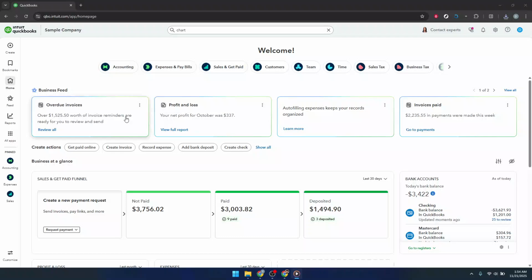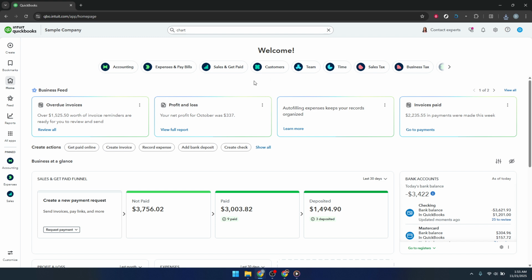In today's video, I'm going to teach you how to add credit card to QuickBooks Online. By the end, you'll have a properly set up credit card account, so your charges, payments, and reconciliations stay accurate and easy to manage. First, make sure you're signed into the correct company with permission to manage the chart of